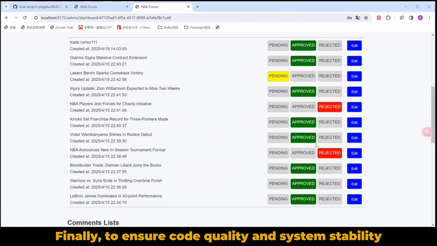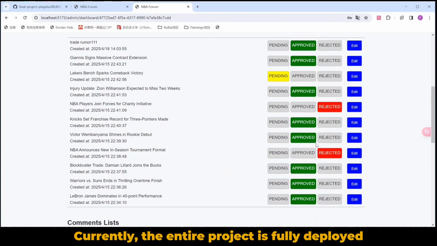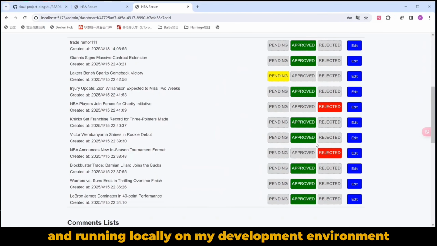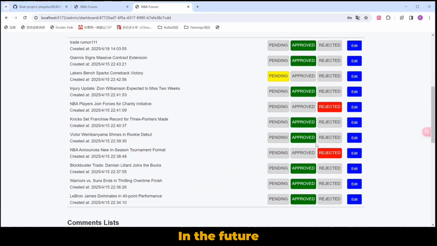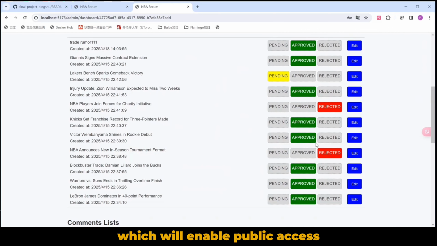Finally, to ensure code quality and system stability, I have implemented automated testing using Jest along with Supertest for end-to-end API testing. Currently, the entire project is fully deployed and running locally on my development environment. In the future, I plan to deploy both the front end and the back end to AWS, which will enable